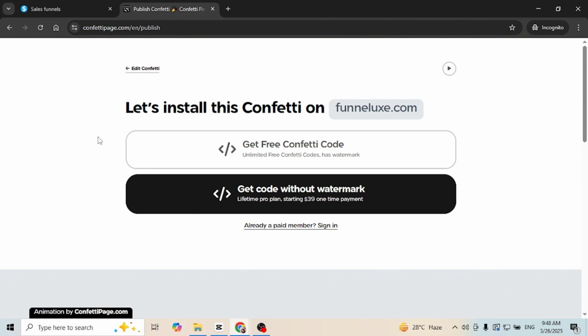So, here, you have choices. You can get the confetti code, pero meron siyang watermark na confetti sa page mo. Or another one is, you can get the code without watermark. So, this is a lifetime pro plan. So, starting at $39, one-time payment. So, if you want to add a confetti on your page and without a watermark, I highly choose to get